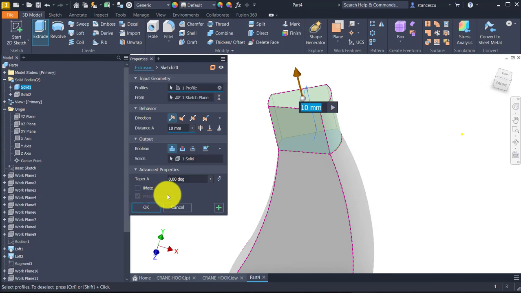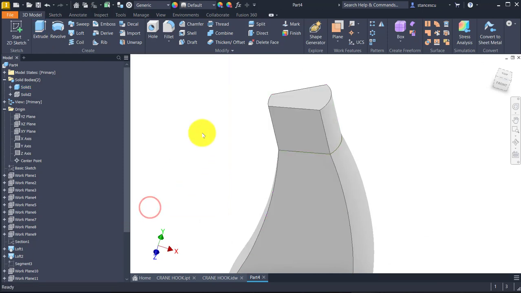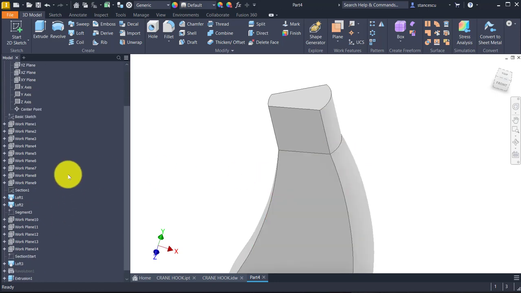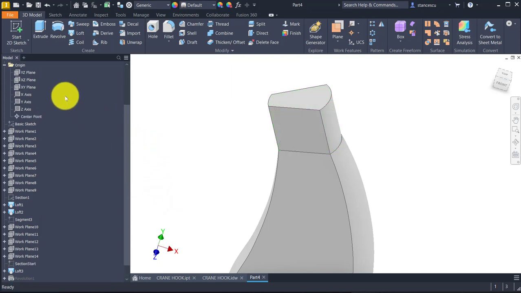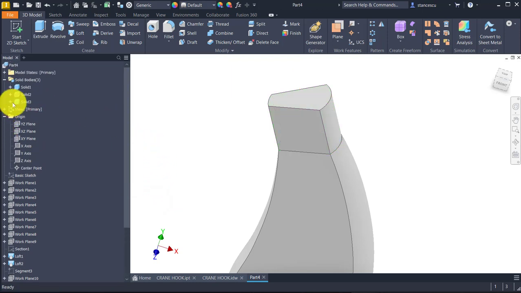Ten millimeters is enough, but not with this as a base. Double click on the extrusion to make it new object. Okay, now I make visible the sphere